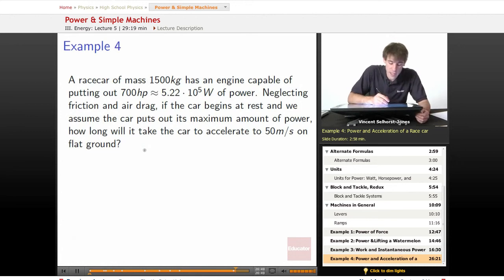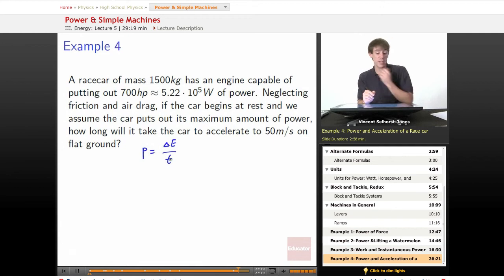So, in this case, what are we going to want to use? What power formula are we going to use? Do we know what the work is? Do we know what the forces involved are? We don't really. Do we know what the change in energy is? We do know what the change in energy is. It starts at a stop. It ends at going 50 meters per second. Do we know what its instantaneous velocity is? No, because that's going to change depending. So we don't really want to go with that one because that'll give us the force, and the force isn't very useful. So the best choice for this one is power equals the change in energy divided by the time,